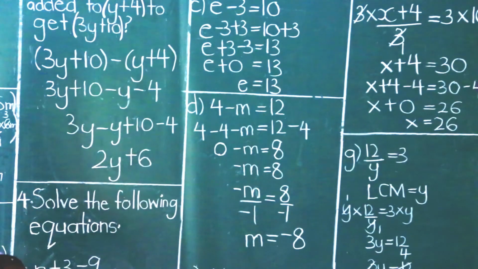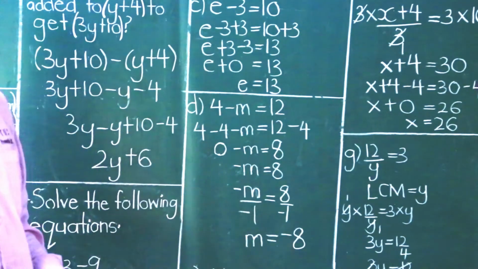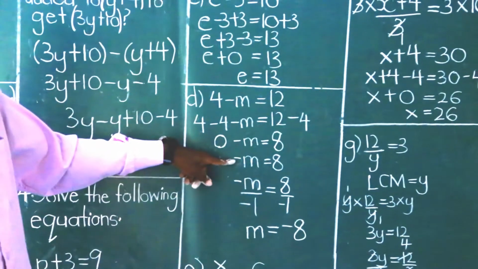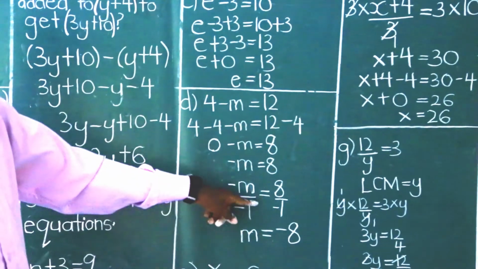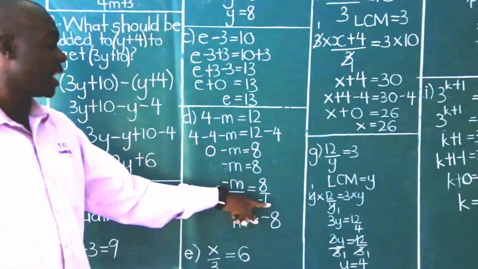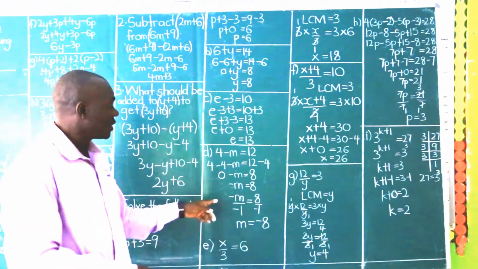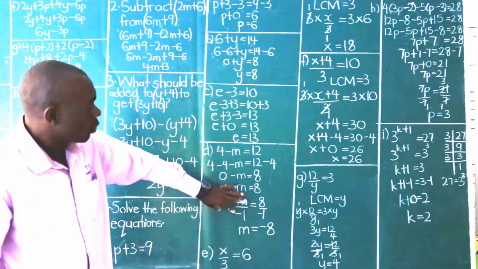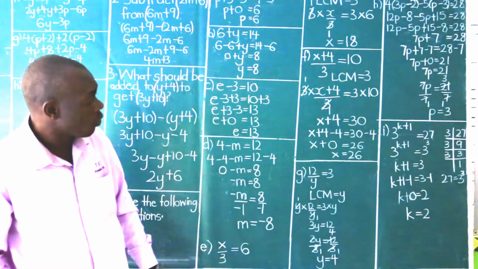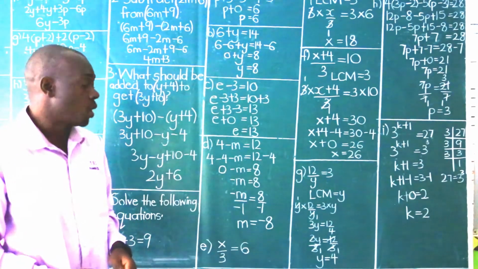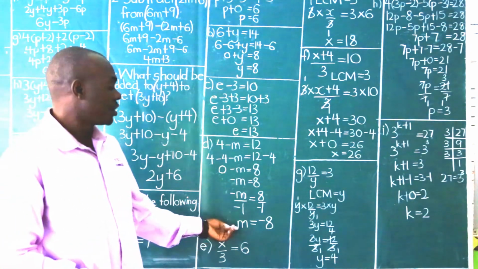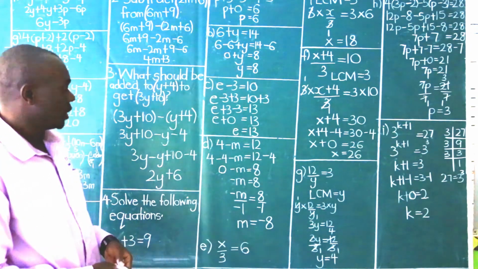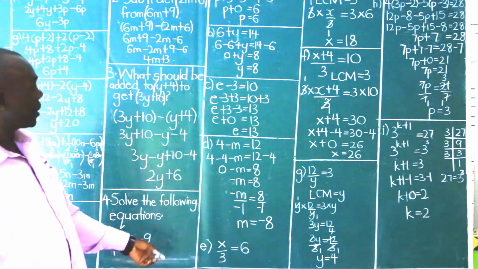So the unknown can be negative, but not the answer. So don't stop at negative m equal 8. Please proceed on to division on the other side by negative 1. And why negative 1? I told you you're not allowed to write negative 1 against m, but it's actually there. So it's negative m divided by negative 1 is equal to 8 divided by negative 1. And therefore, I've got m, which is equivalent to negative 8. And then part B says,